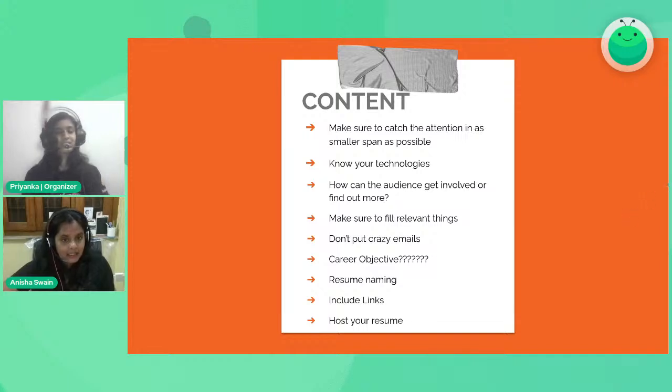And next thing is career objective. I know a lot of people put a summary of their career objective on top of their resume or somewhere. Personally, I try to avoid that because most of the career objectives are copy pasted, because they use fancy keywords, fancy English words which nobody understands. And career objectives are again very subjective. My career objective might not be very special for another person who is interviewing me. His career objective might not make sense to me. So I try to avoid putting a career objective,